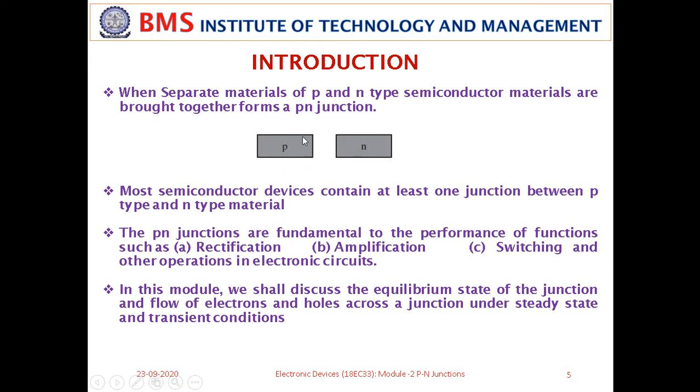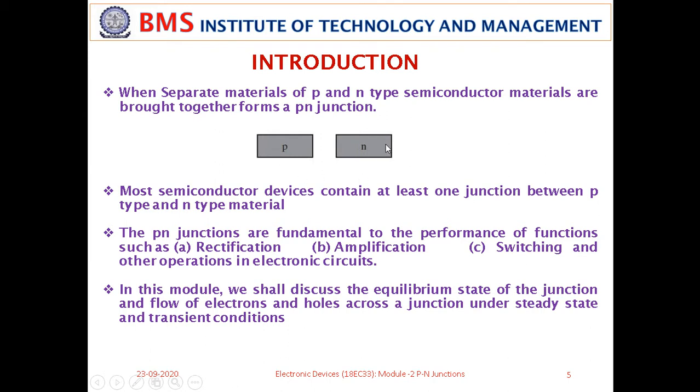How do we get so many holes here? Because you are doping with trivalent impurities, right? Can you give an example of trivalent impurities? Boron. Boron is the best example. So if you dope the intrinsic semiconductor, a pure semiconductor, with boron, what happens in the energy band diagram? We have seen that already, right? You are going to create a state in the forbidden region that has a lot of empty states. So that makes the p type semiconductor.